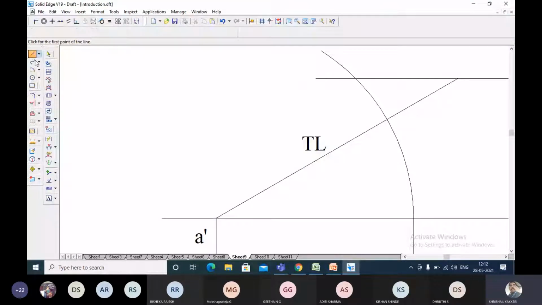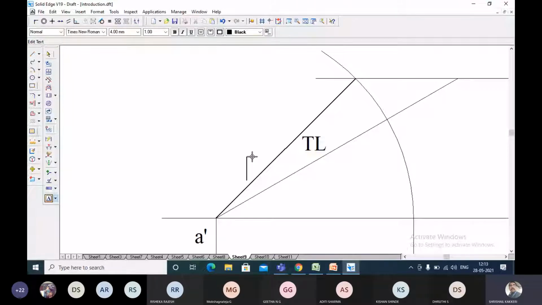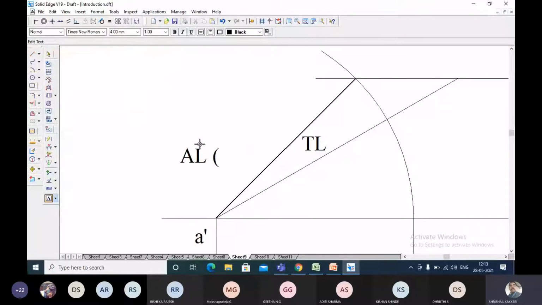I'll write apparent length of the line, or in other way we can write it as a true length of the object. Okay, if you want you can write the true length, apparent length, or the front view of the object. Or even you can say it is top view, the front view of the object, whichever you want you can say.